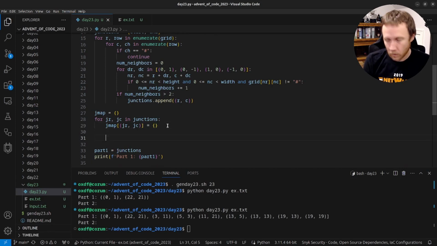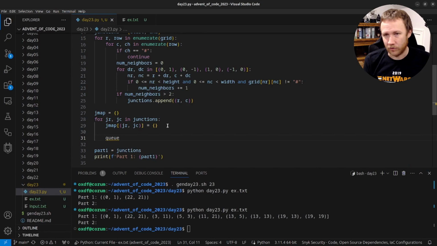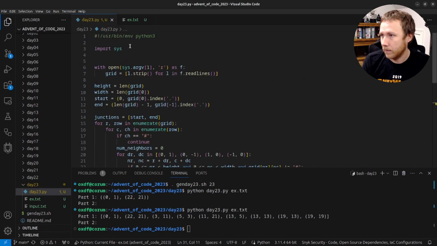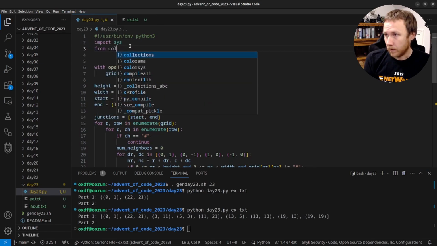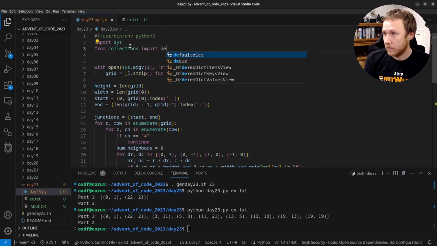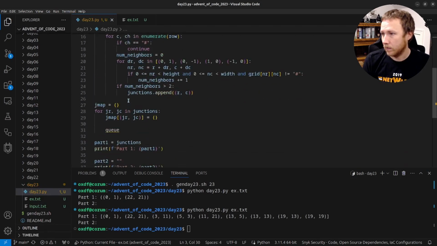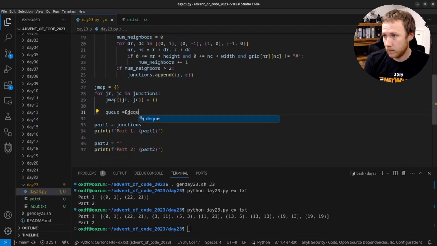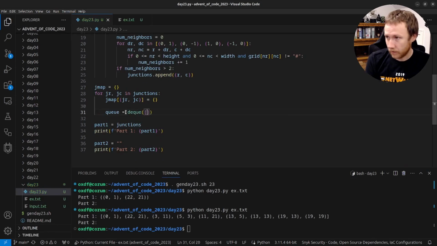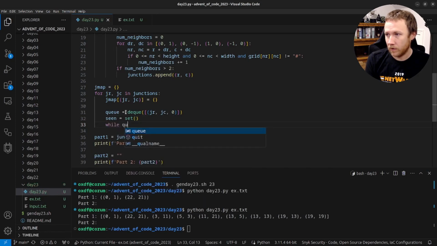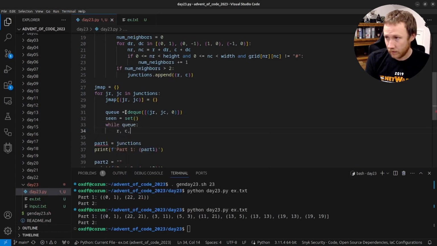And we're going to do a queue. We're just going to do a breadth first search. From each point, we'll fill out and find things. So we're going to need a deque. From collections import deque. So we're going to say q equals deque, and we're going to start at jr, jc, and we need a distance of 0. That'll be our state. Seen will equal set. We'll say while q, r, c, s is equal to q dot